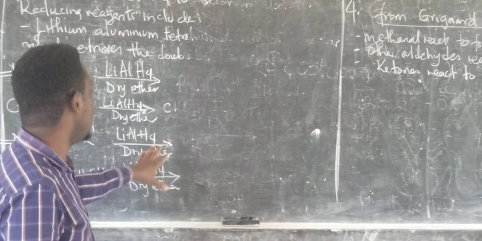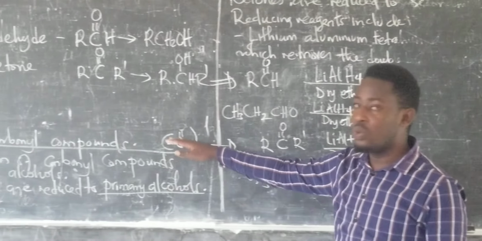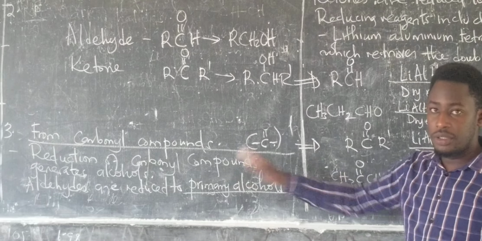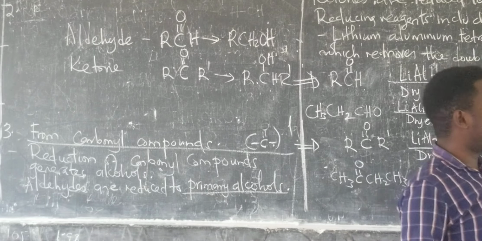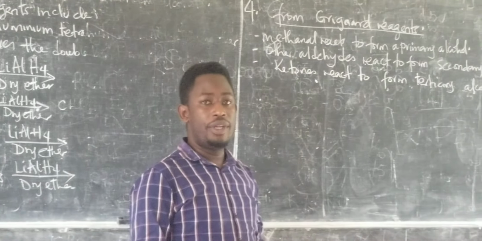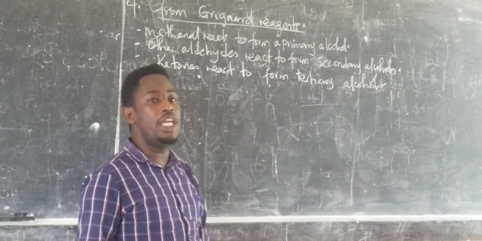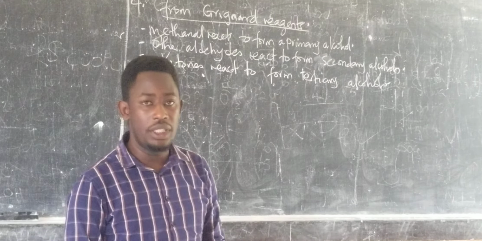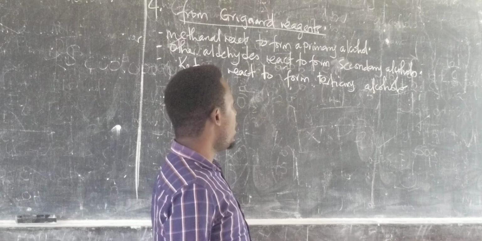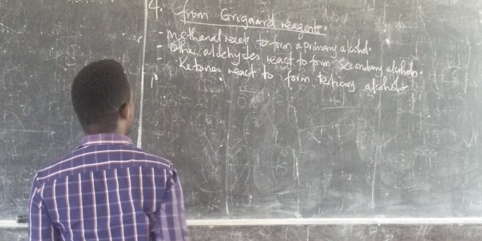However, this one here, the one we were discussing from carbonyl compounds, was a reduction reaction. But now this one is not a reduction reaction, it's actually a reaction with Grignard reagents. And in most cases, this always leads to the increase in the number of carbon atoms. A clear example, if I want to form a primary alcohol,